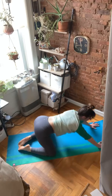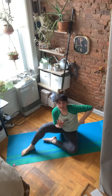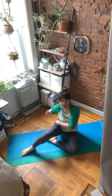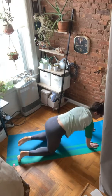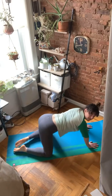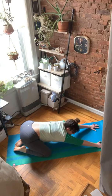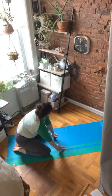And while you're here, you can kind of work on either side. You can press into your right hand and send your right hip back. You can press into your left hand and send your left hip back. It's not necessarily a shifting of the hips. It's more of just an isolating of one side and then the other. So play with that as much as you like. And when you're ready, come up out of it